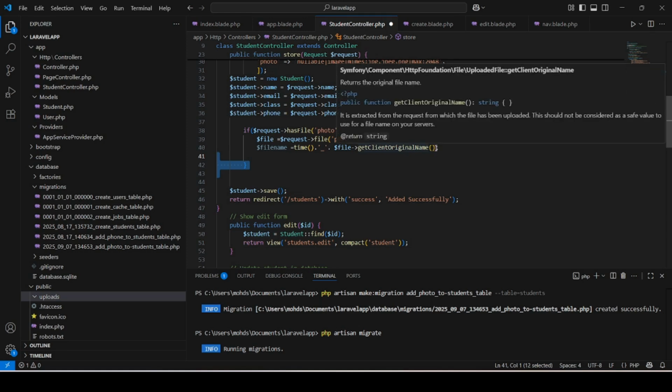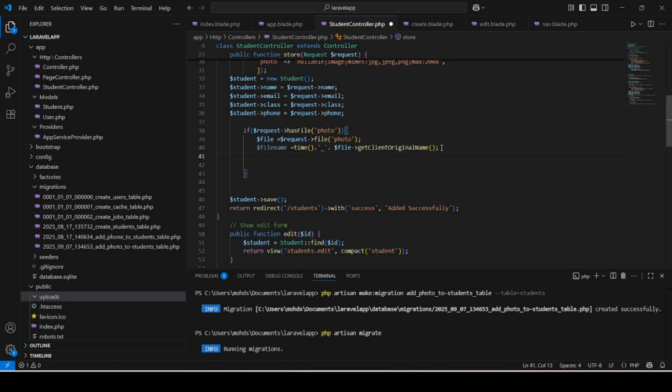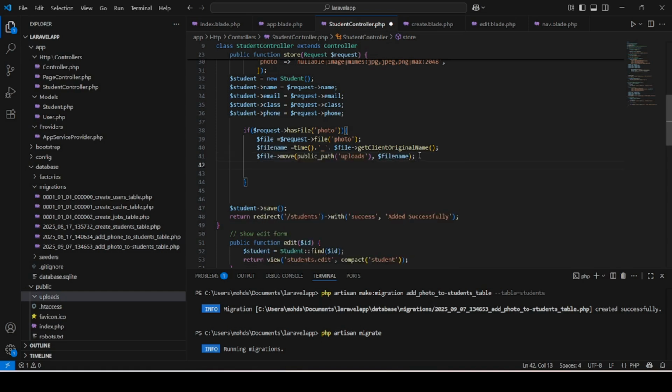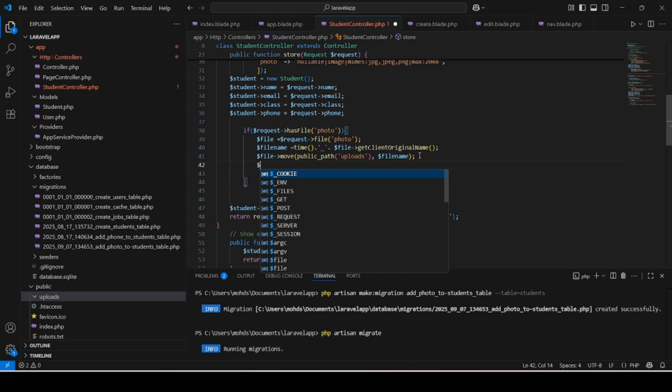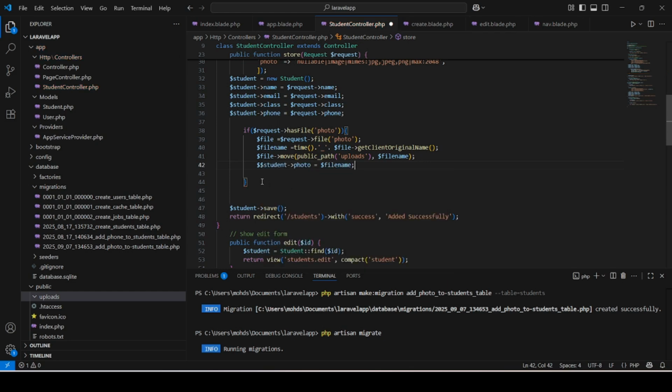Then we will move it to the uploads folder. After moving to the uploads folder, we are storing the file name in the DB. Then we are saving the student record and redirecting back to the students page. We will show a flash message, added successfully. So save this file. Then the next step is